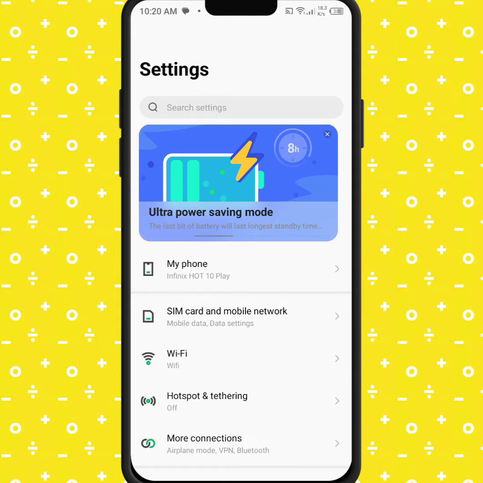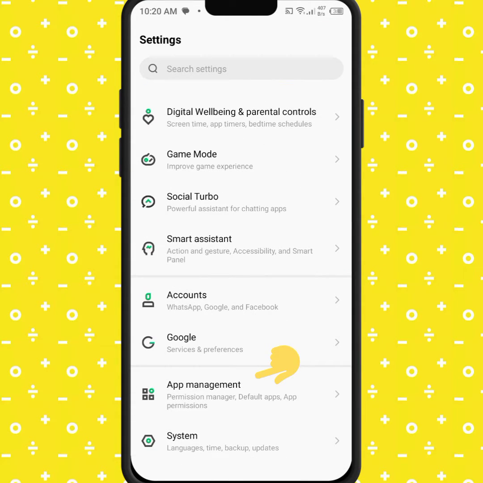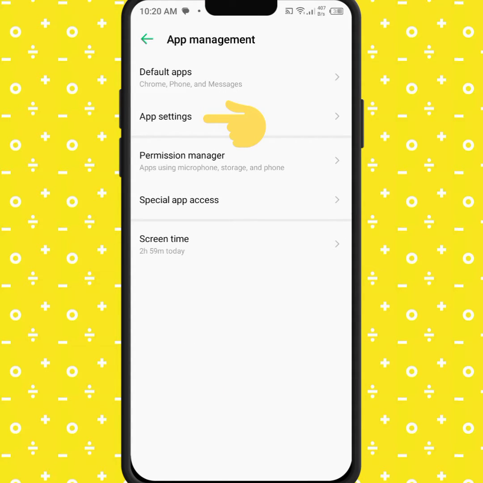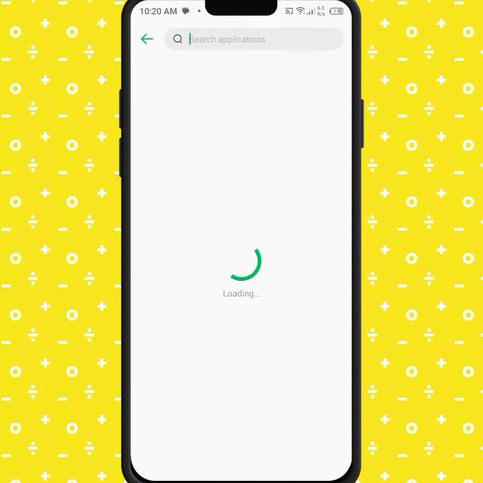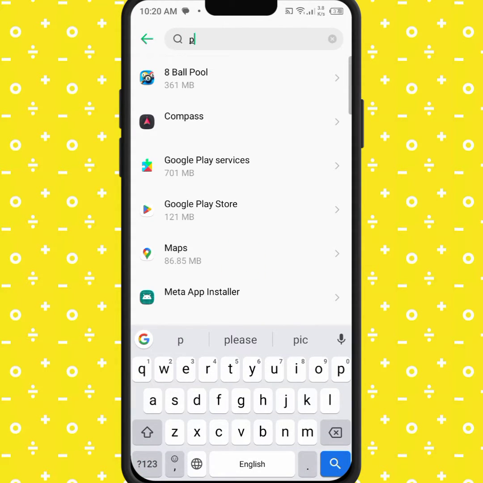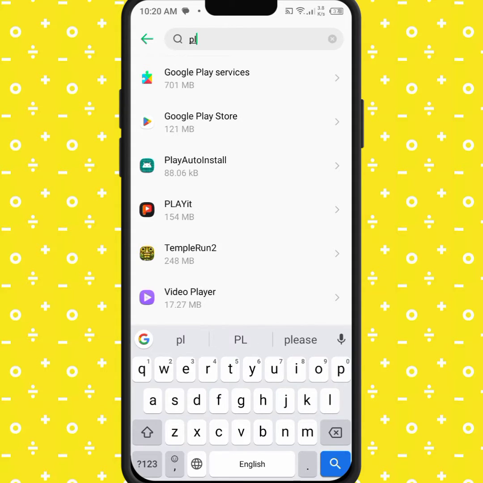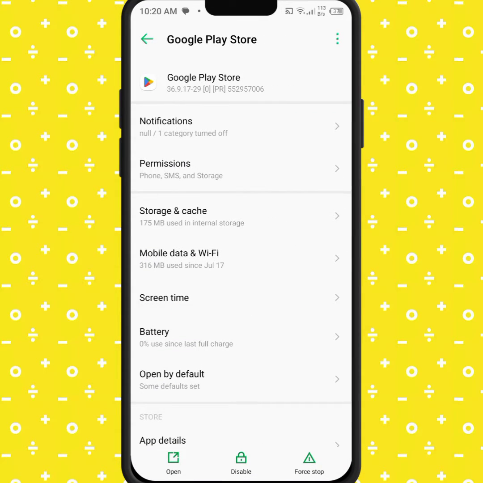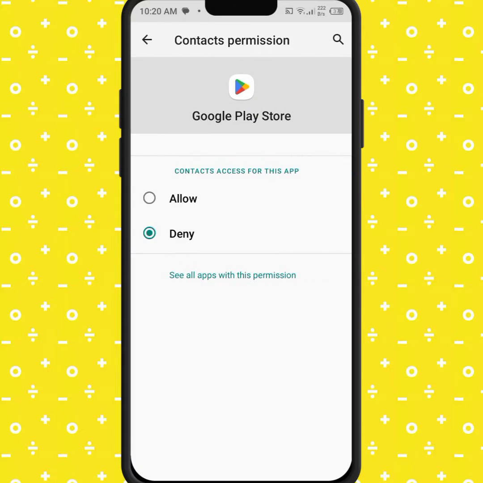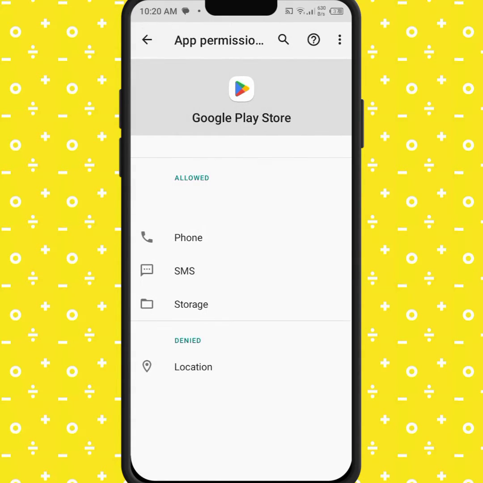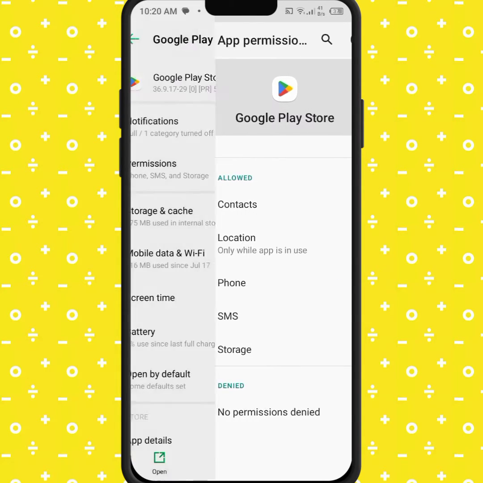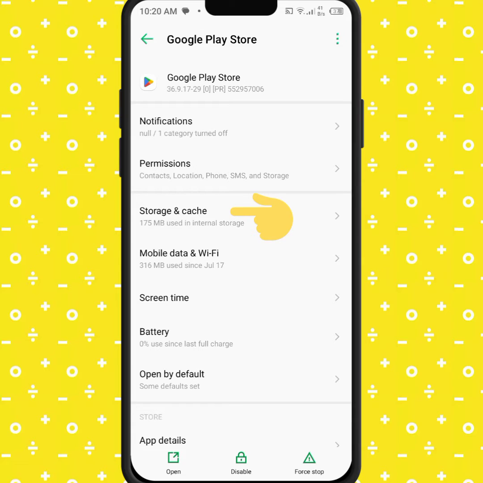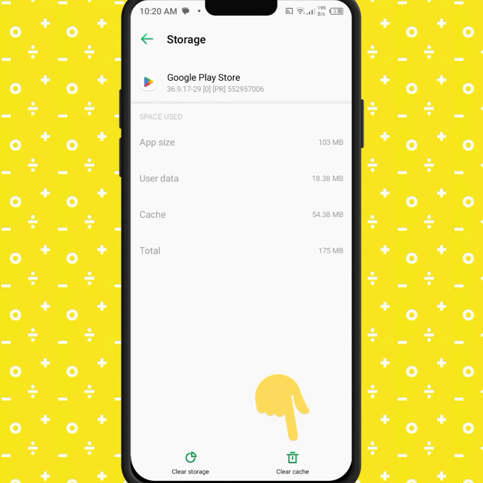If the problem is not fixed, then scroll down, then click on app management, and from here click on app settings, and from here search for the Play Store. Click on Google Play Store, and from here click on permissions and make sure that you allow all permissions. Go back, allow all permissions, and after that go back and click on storage and cache, then click on clear cache, and